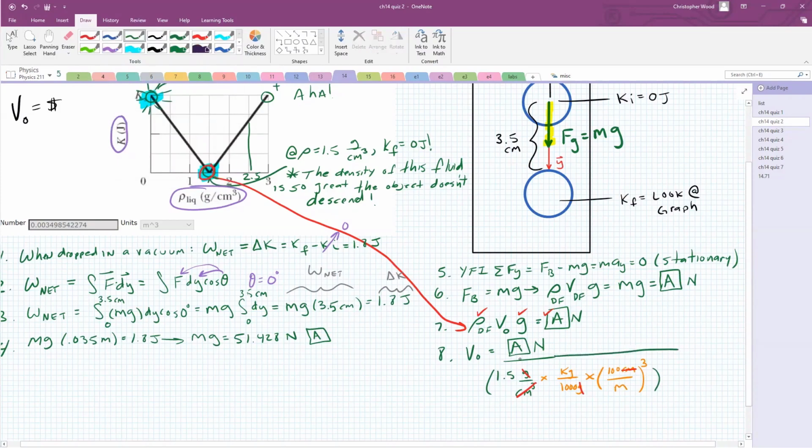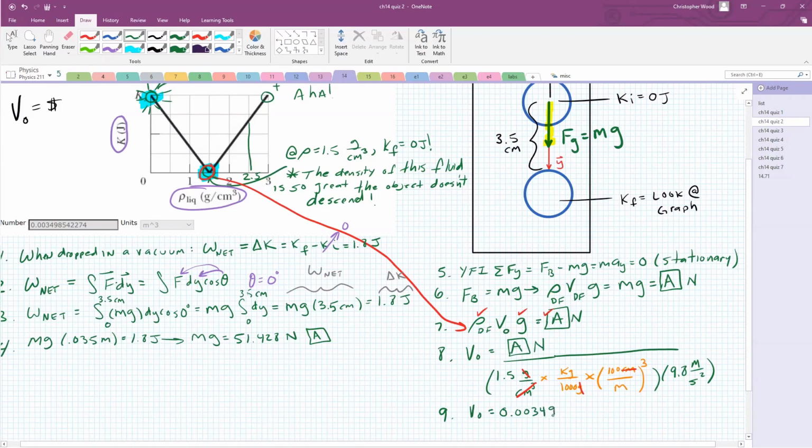Continuing here, I've got rho. V naught equals A over rho. There's rho. So all of this is rho, and then I need G. So G is 9.8 meters per second squared. So let me get a number on this first, and then I'll do the dimensional analysis. Alpha A divided by 1.5 divided by 9.8 divided by 1 million times 1,000. All right. I get this answer, number 9. So I'm getting the right number. V naught equals